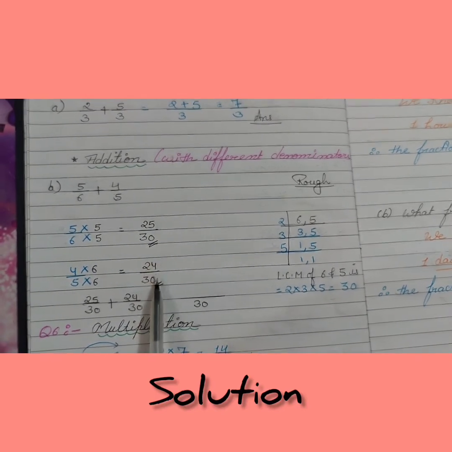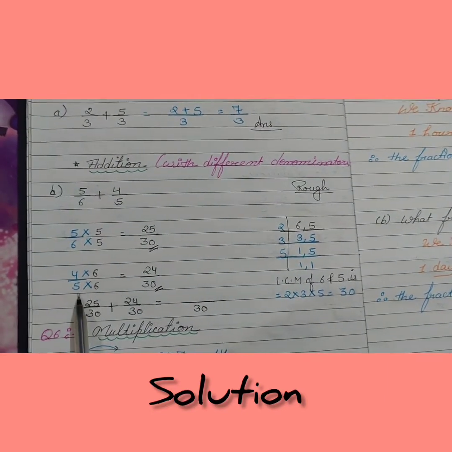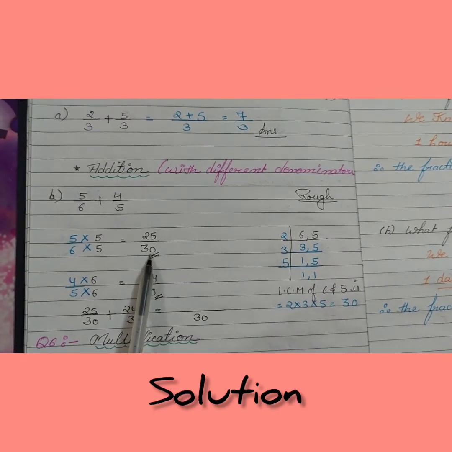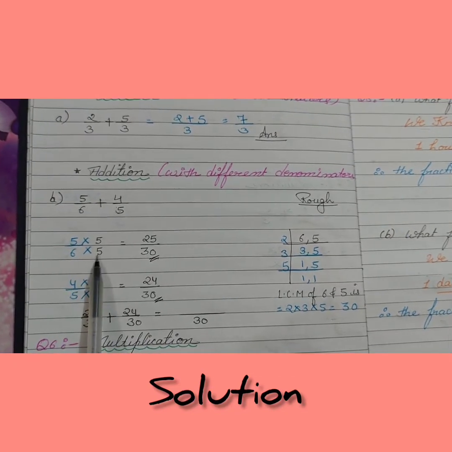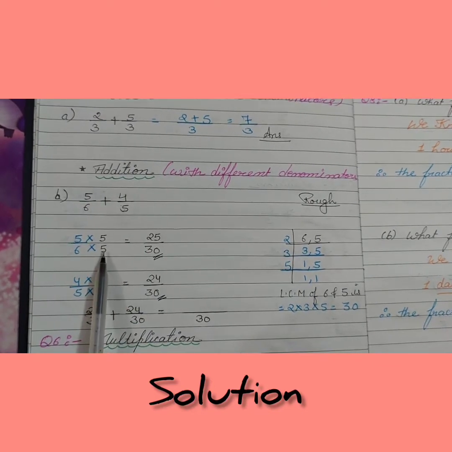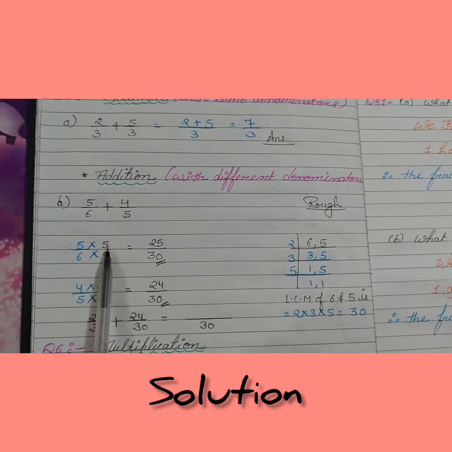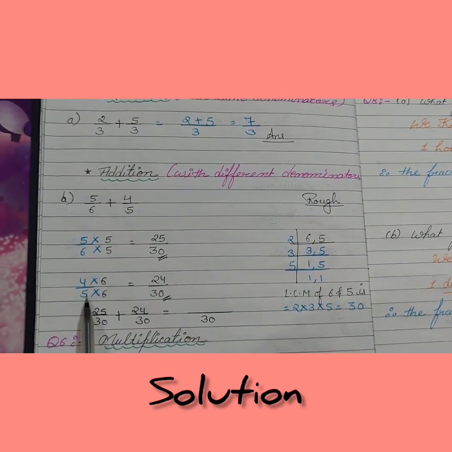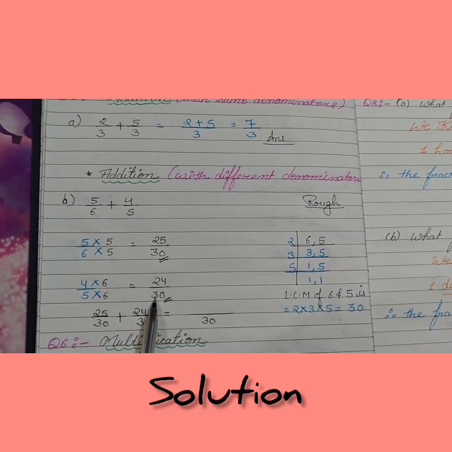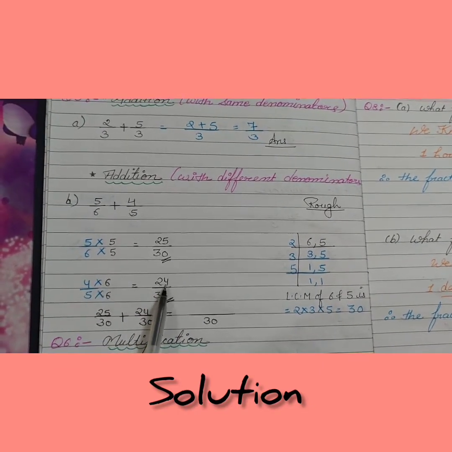So put 30 on both sides as the denominator and take these two fractions here, 5 upon 6 and 4 upon 5. Now we have to make an equivalent fraction of 5 by 6 with the denominator 30. How do I get this 30 from 5 by 6? By multiplying it with 5. 6 5s are 30 and 5 5s are 25. Because when we multiply the denominator with 5, we have to multiply the numerator also with 5. Now the second part is 4 by 5. Now put 30 here. We have to make an equivalent fraction of 4 by 5 with the denominator 30. So multiply it by 6. 5 6s are 30. Now 4 6s are 24.